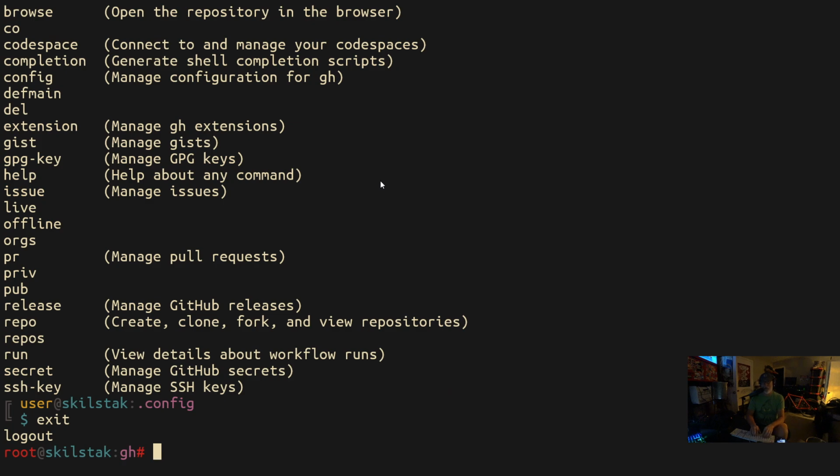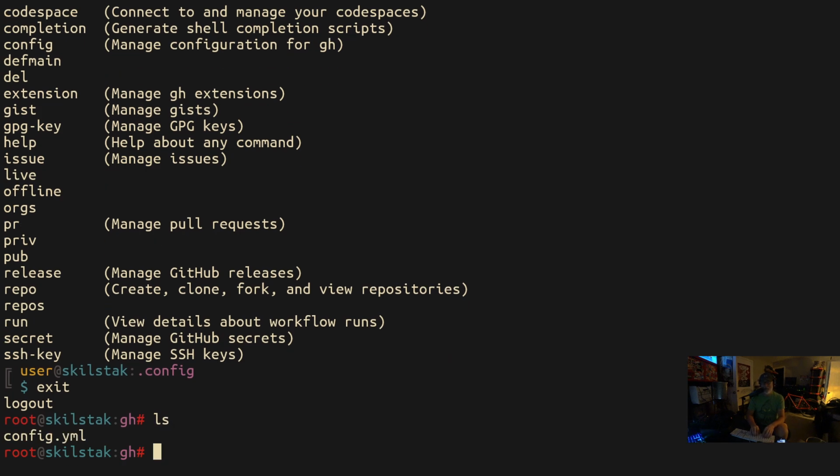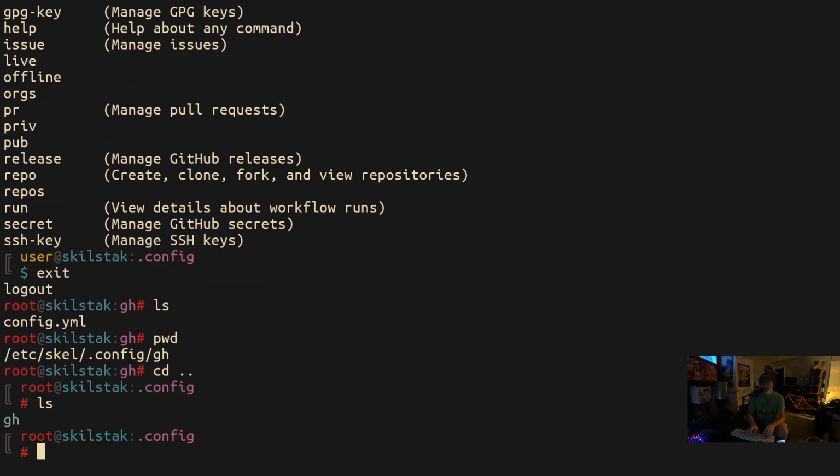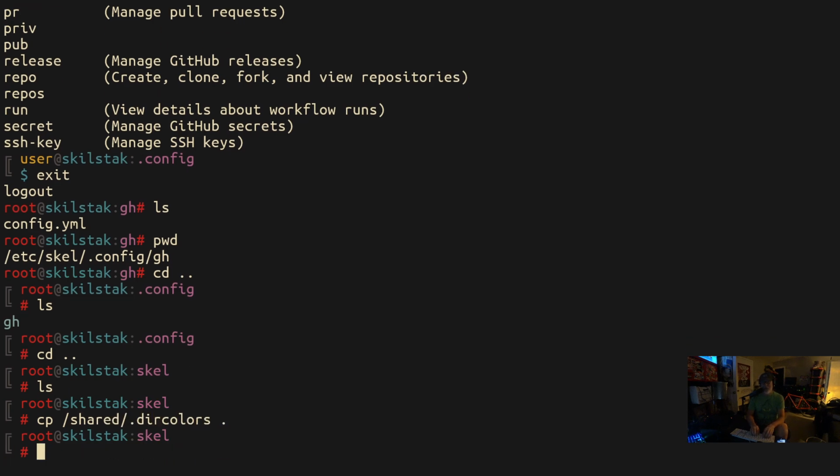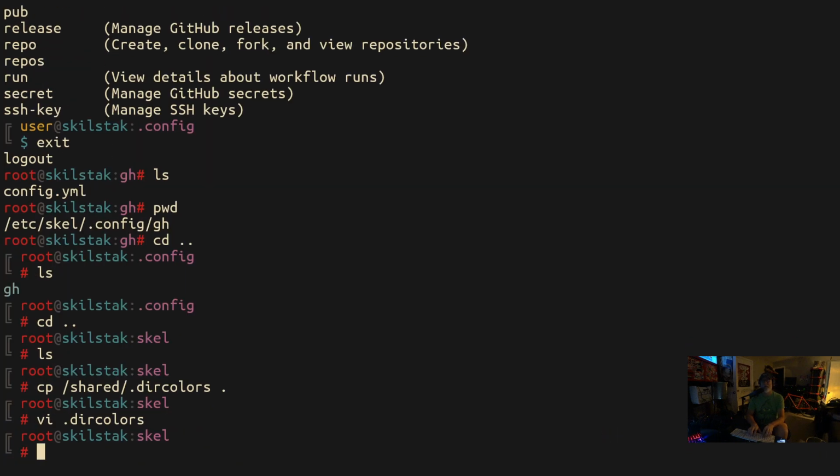And go back to the other machine. And then we'll go back. We're in etc-scale, right? So we can copy share .dir colors to here. And .dir colors. There they are. Okay, and then and what? Then we can